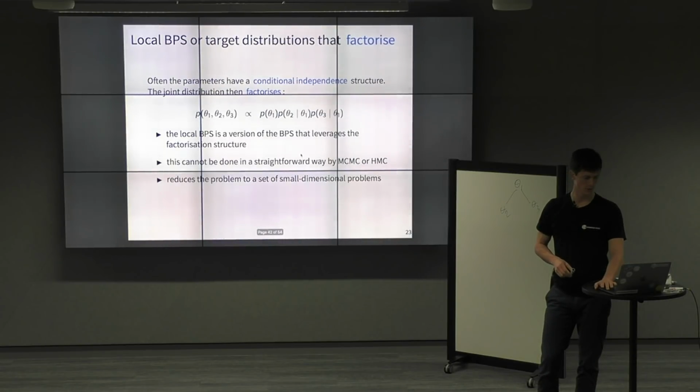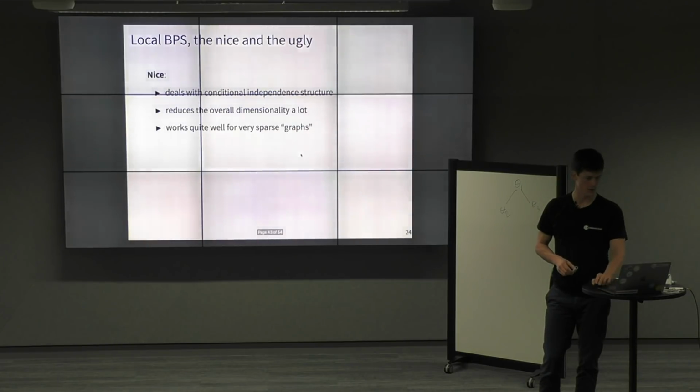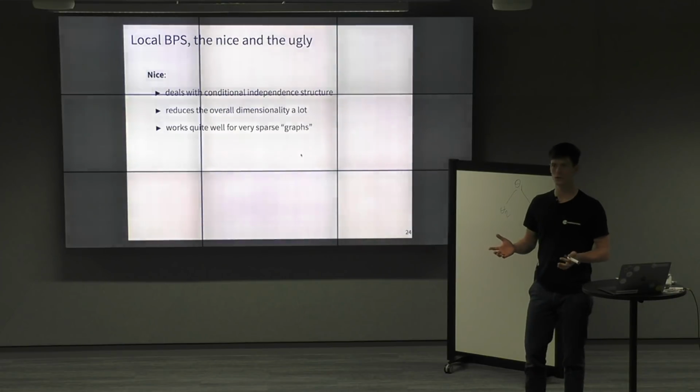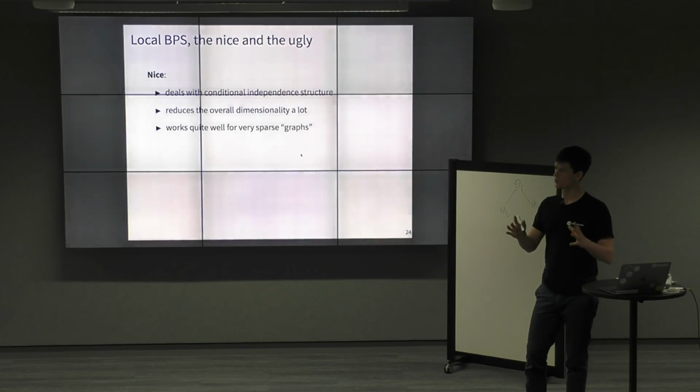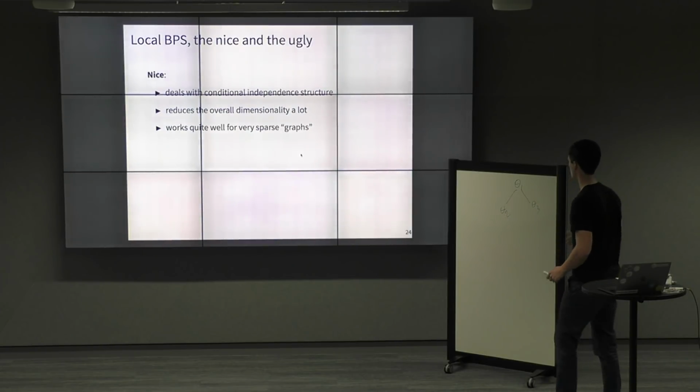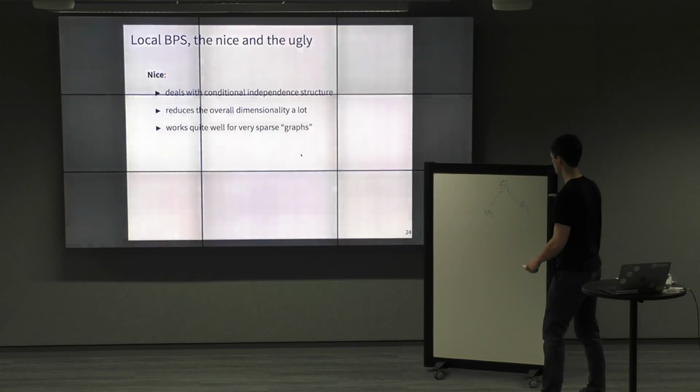Okay, so it reduces the problem to a set of small dimensional problems, and I may just say it deals nicely with conditional independent structure, reduces the overall dimensionality of every individual problem by really a lot, and it works quite well for very sparse graphs. So I just want to make sure this is clear. So let's say